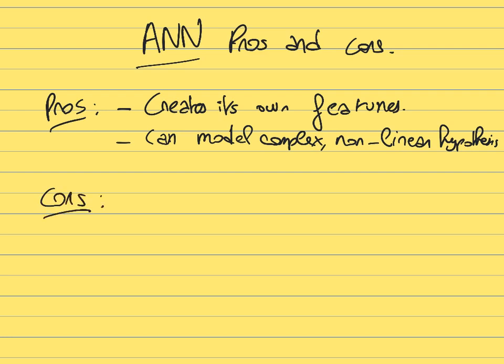The drawbacks of artificial neural networks, the possible weaknesses. The first thing is that it's typically slower to train than polynomial regression. It just involves more computing time to train, because you have many more parameters. So it takes more computing time. It's typically slower to train and to use than linear regression.